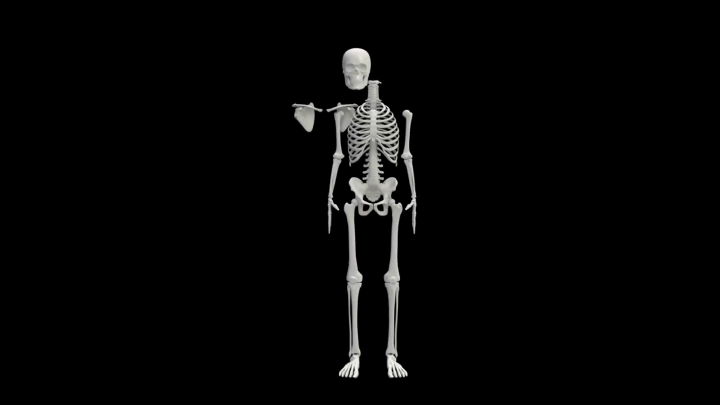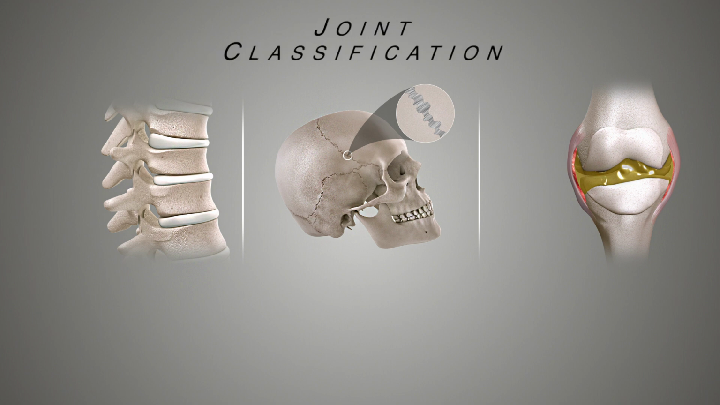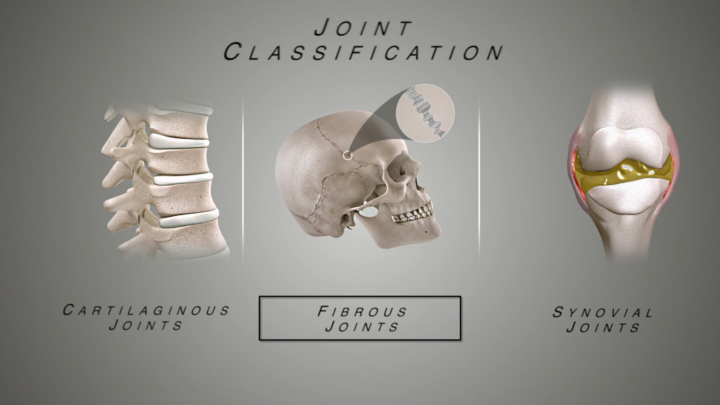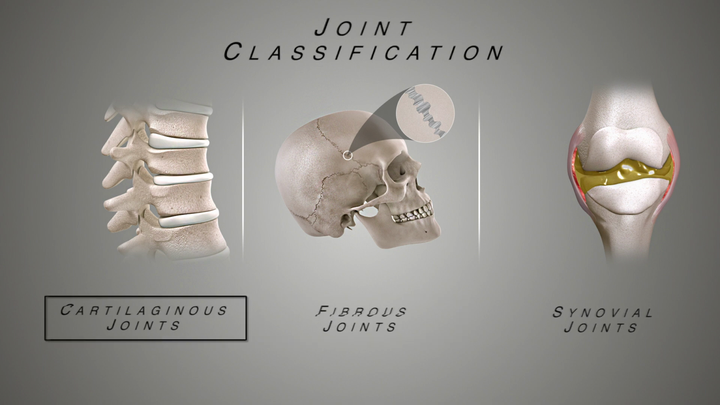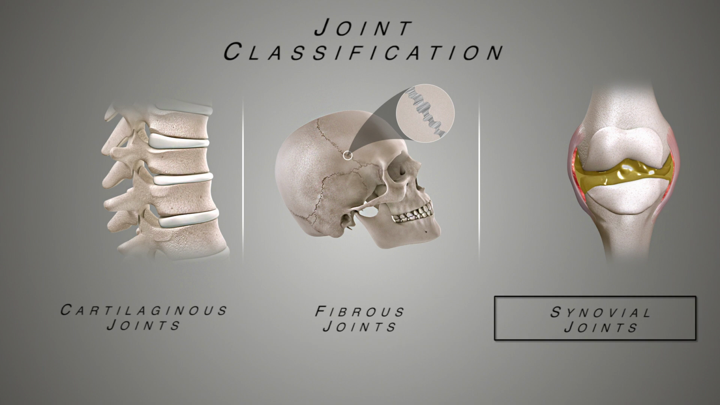Bones are fitted together at junctures called joints. There are three main types of joints in the human body: cartilaginous joints, fibrous joints, and synovial joints. Fibrous joints, like those between the sutures of the skull, are synarthrosis, meaning they permit no movement. Cartilaginous joints, like that between the vertebrae and the intervertebral discs, are amphiarthrosis, meaning they allow some limited movement. And synovial joints, like that in the knee or the elbow, are diarthrosis, meaning they allow a considerable degree of